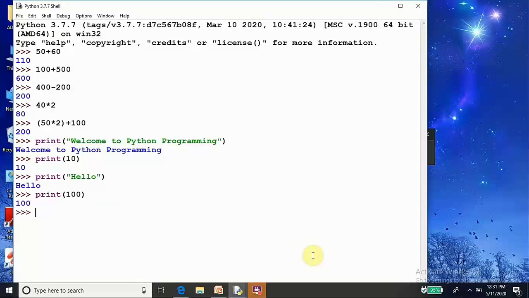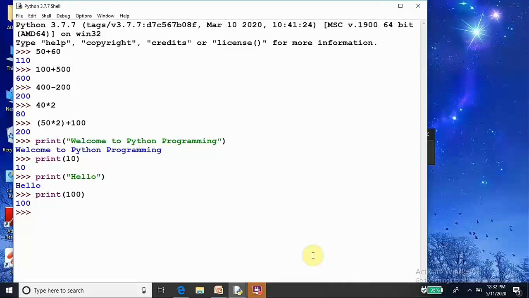Enter. This is the interactive mode, means give the command and after pressing the enter key you are going to see the output.